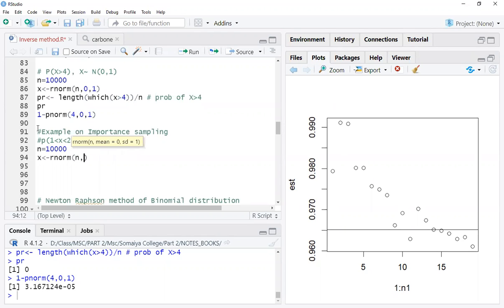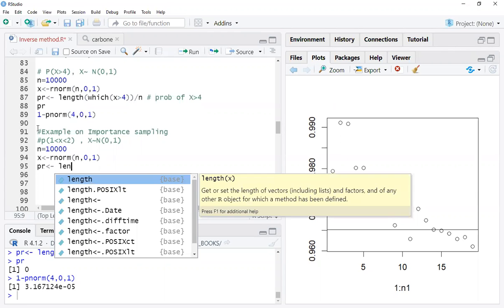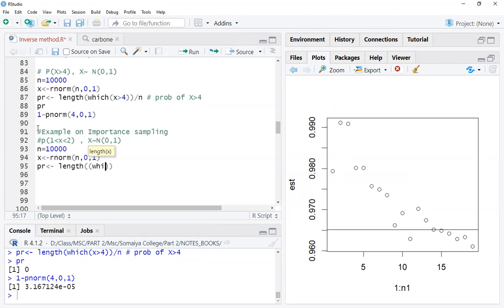So that is your n comma 0 comma 1, correct? And then you are obtaining this probability, that is your length, which x will be greater than 1. Is it an and operation? Or you can use this and just do it. We have used this and because we have two conditions, right? When x will be less than 2, and this whole thing length